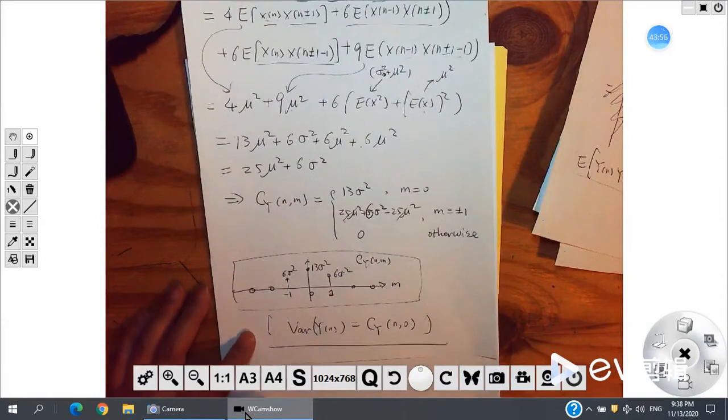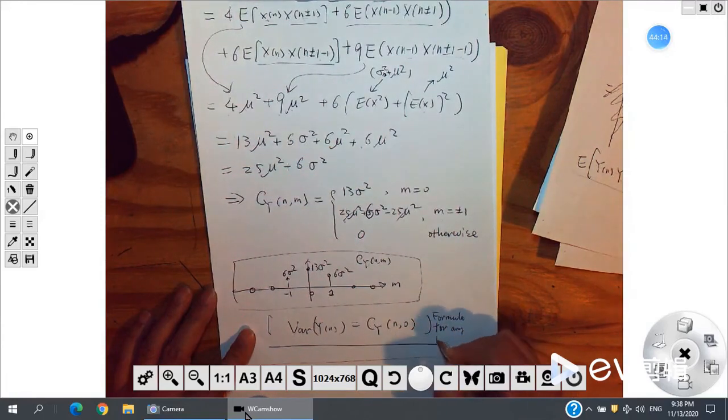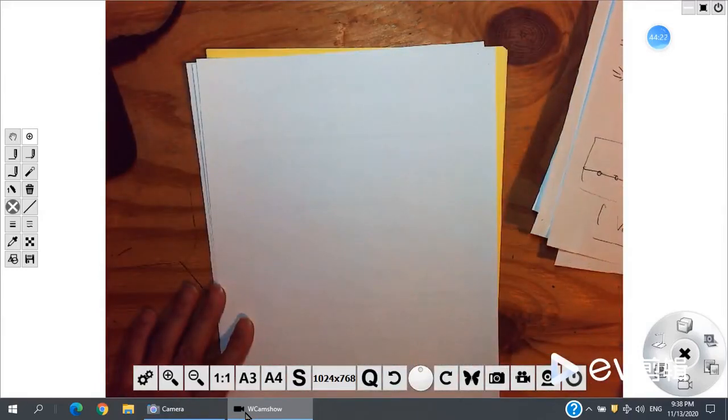Actually, we can have this for any process. Any process, these two are the same. This is a formula for any process. And for any process, we can have this. All right, and we can also have